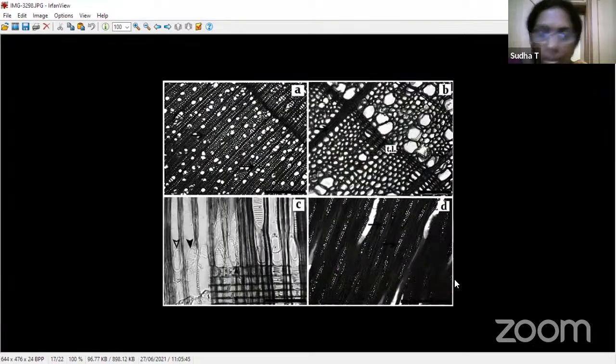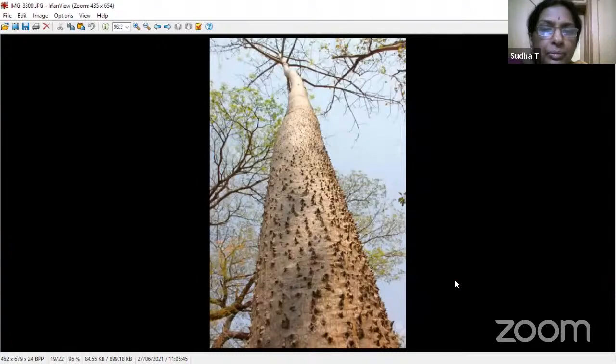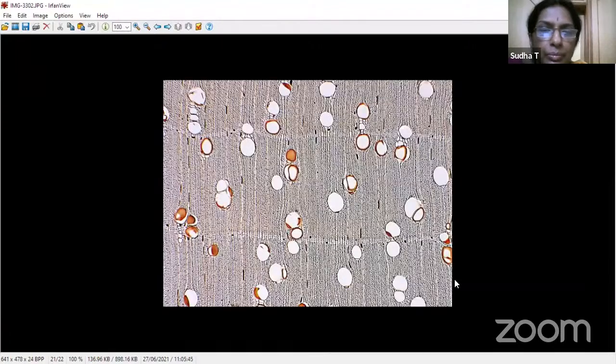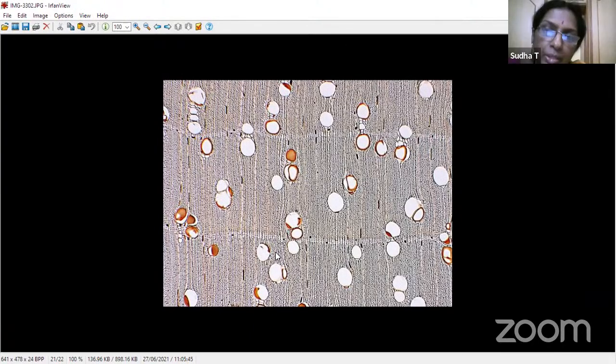Okay, these are some wood elements. I have tried to show how the xylem elements look. So this is a Bombax tree, and the wood elements, I think you must have been given some assignment work on. The wood elements will be in the secondary wood also. Some of the vessels will be very large, so in the cross section they will be seen like big circles. Based on the presence of these big vessels, how they are distributed makes the character